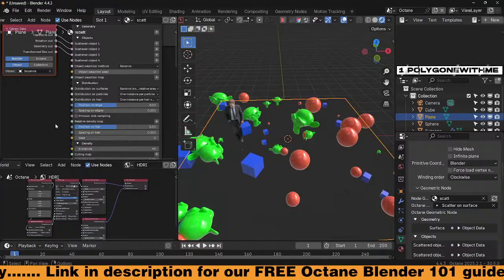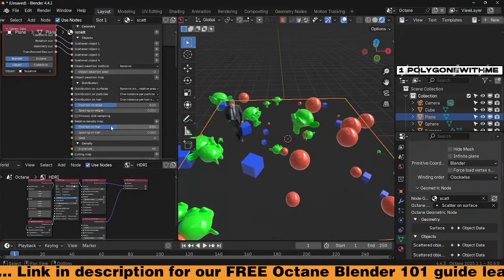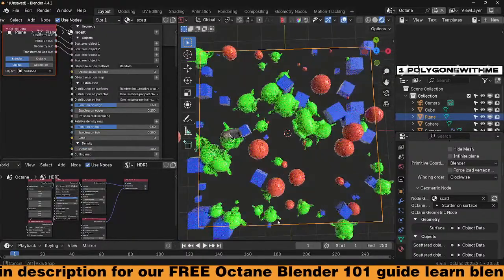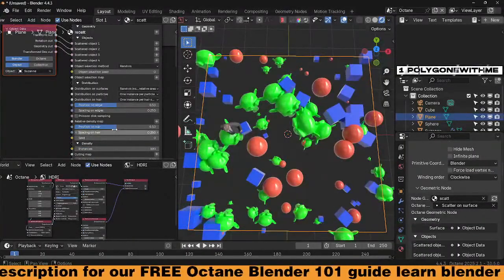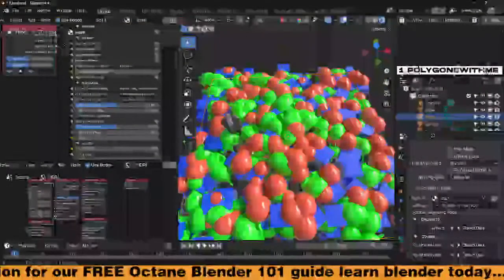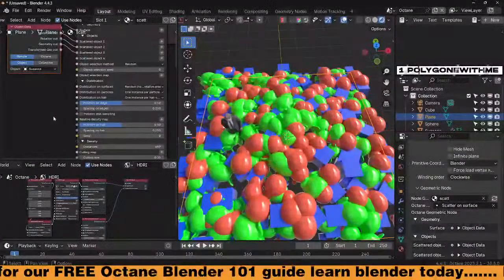So to paint these in, let's go heavy first. Let me get a little bit more particles or instances happening on here. Let's go like 100. Actually, I want it to be really dense. There we go. Now, if I wanted to paint like a path or something through here, what we can do